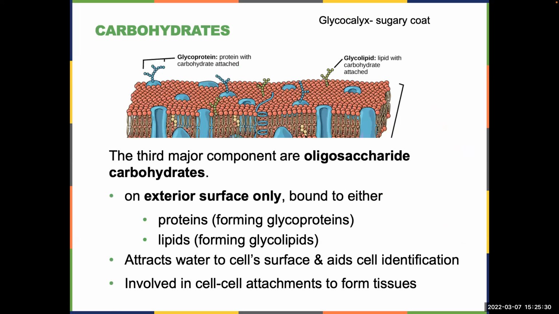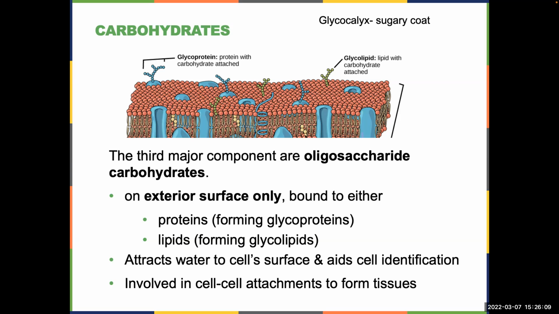Okay. So some of our proteins will have carbohydrates added onto them, and sometimes carbohydrates will be embedded directly into the membrane. And so the third major component of membranes, so we talked about the phospholipids being the primary, proteins being the second, and then carbohydrates would be the third major component. And sometimes we'll call these oligosaccharides because they're small, oligo for small or short, saccharide for sugar, right? So oligosaccharides,